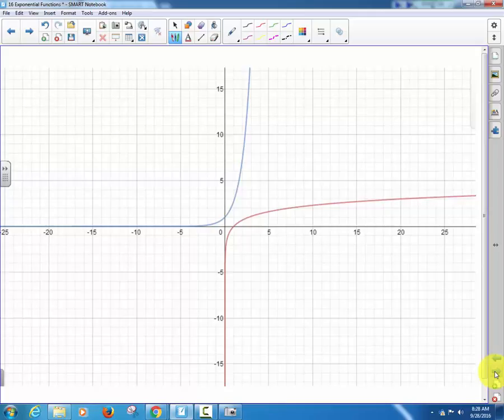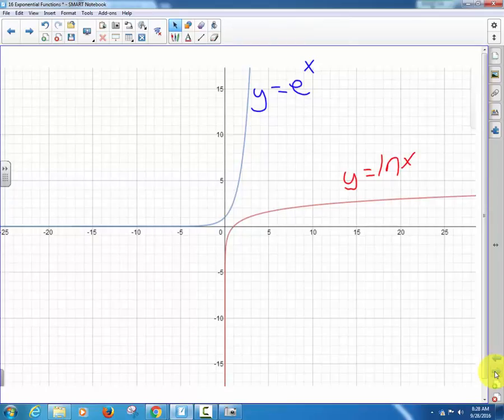There are 2 graphs up here on the board. This graph right here in blue is the graph of y equals e to the x power, and this one is the graph of y equals the natural log of x. That's just what those graphs look like. They are inverses of one another. Inverse functions undo one another. They're inverses because if you were to draw a line,